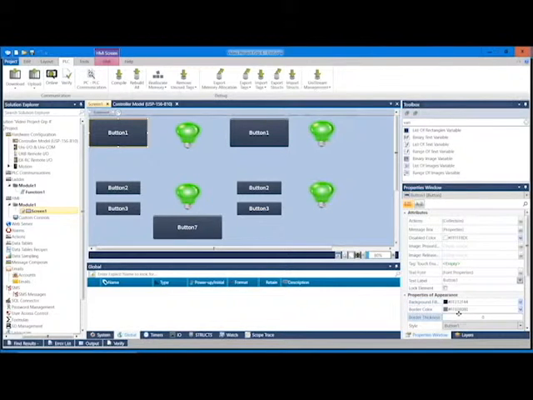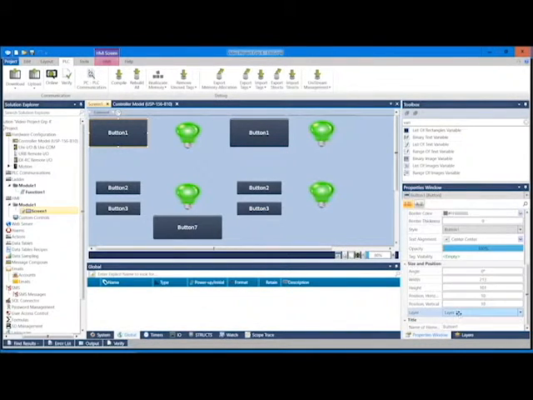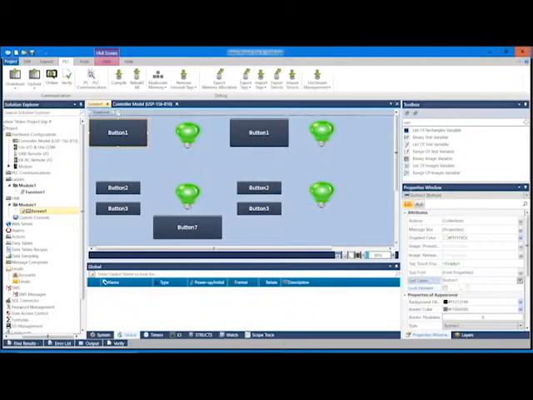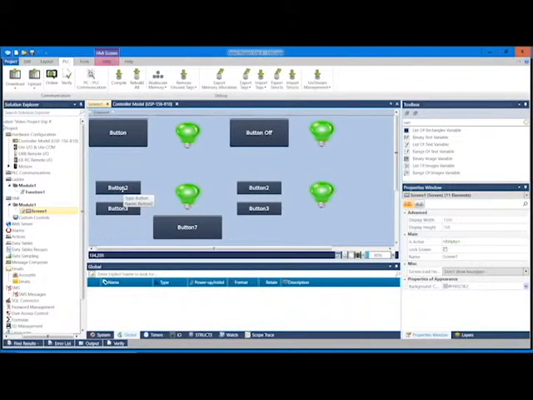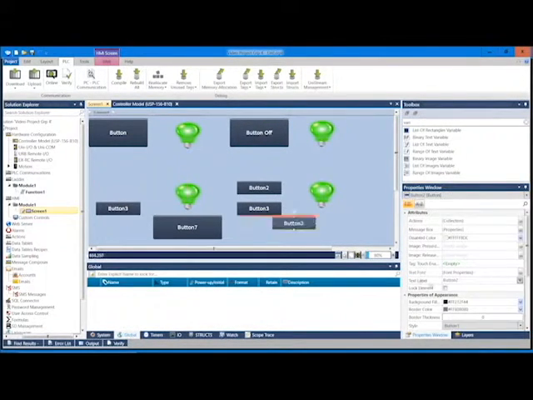And you go down to the, there should be an area called text label. And this one was just referred to as button. And we come over here to the properties window for the second one. And this one was, I believe, button off. And then this one here,